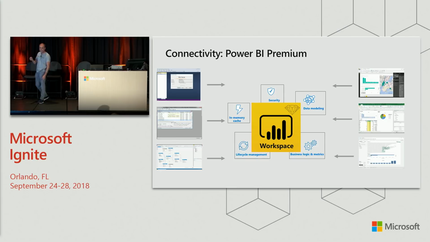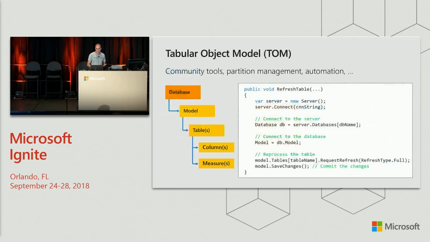So opening up this XMLA endpoint is going to bring the vast majority of analysis services functionality: the open platform connectivity, where you can have a reusable semantic model that's reused throughout your organization in different departments with people using different tools, the manageability, APIs, etc. This is huge in terms of bringing that analysis services functionality to Power BI. So not only open platform connectivity, but as I said, the APIs. The tabular object model was introduced in SQL Server Analysis Services 2016. It's used often for partition management, for incremental refresh in analysis services. But it can be used by community tools,